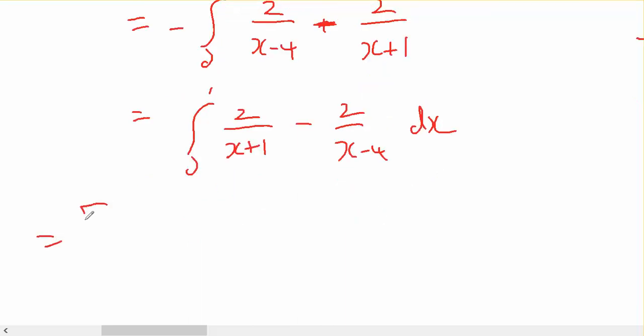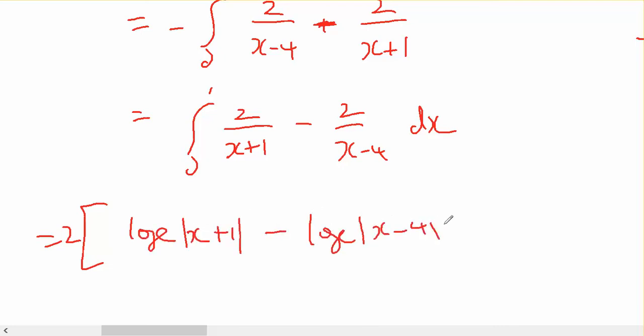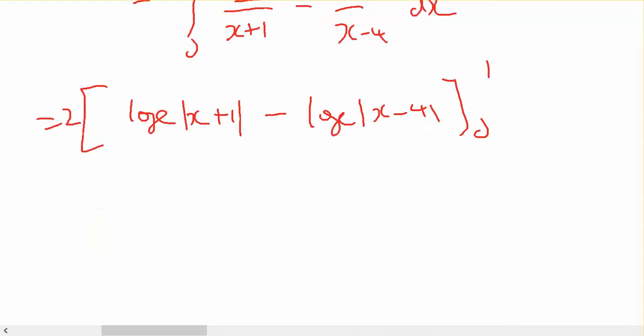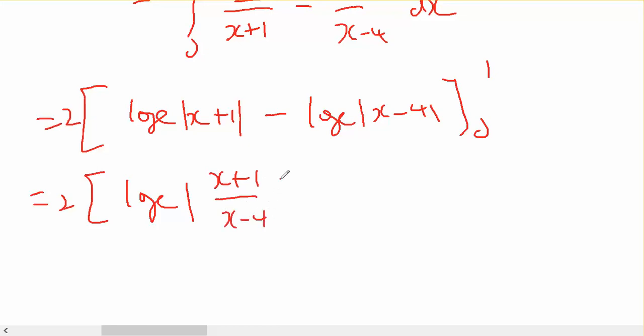And the integral of those will give me logarithms. So 2 log base e of x plus 1 minus log base e of x minus 4 from 0 to 1, which is 2 log base e of x plus 1 on x minus 4 from 0 to 1,